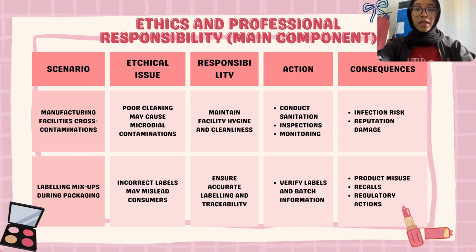Some people may have allergies or medical conditions, so wrong information can seriously affect their health. The professional responsibility of the company is to ensure accurate labeling and proper traceability. Every product should be labeled correctly so consumers receive complete and truthful information. The actions needed include verifying labels carefully, checking batch number, and confirming all packaging details before products are released to